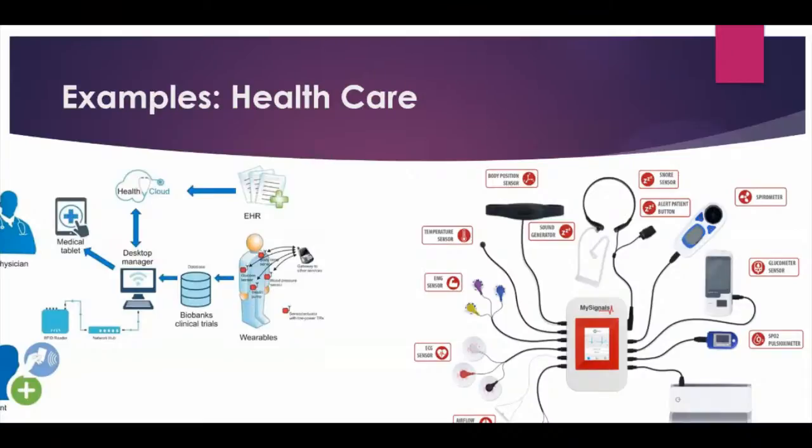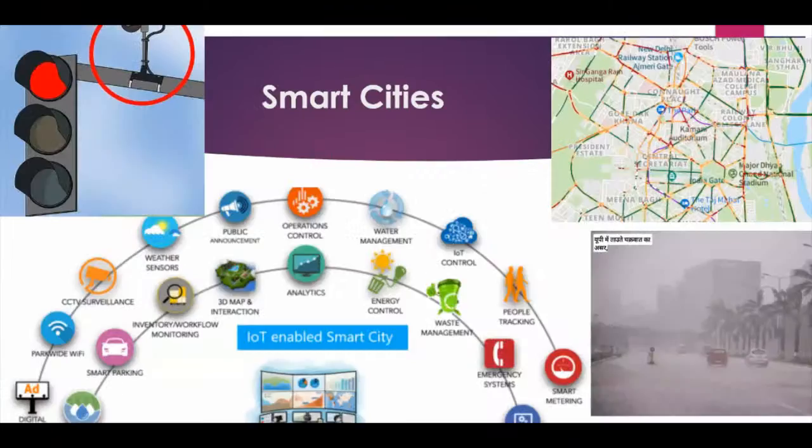So traffic management, water management, energy control, analytics, smart parking, emergency system, pollution control. Everywhere these time series examples are there. It will monitor with respect to time the pollution level in a particular location. Then they can control the traffic so that traffic diversion can be possible. If some huge traffic is there on a particular road, it will send the information to the user so that they can take alternative routes. This was the example of the cyclone. When it hit the coastal areas, people predicted based on time series that UP will also be affected.